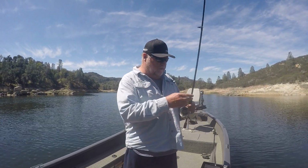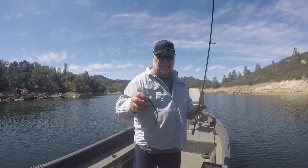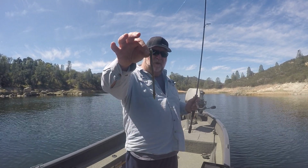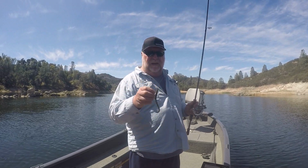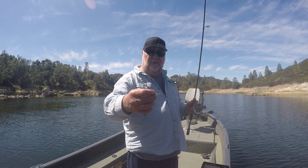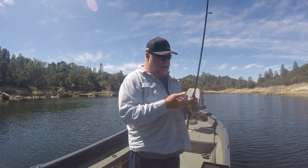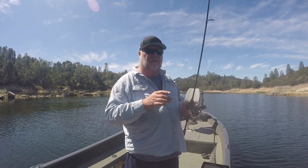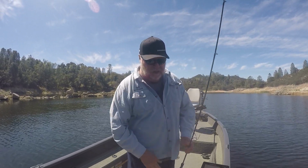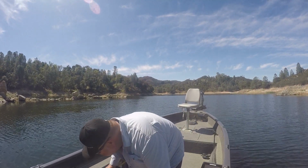One of the things that worked for me is something that I'll have tied on throughout the entire spawn and post-spawn for the most part, a little floating worm. The way I set this one up, this is a 3/0 extra wide gap hook on 10-pound test fluorocarbon. And all I do is just throw this thing out, Texas rig it, Texpose it, and just kind of twitch it along. The worm that I like to use for that is